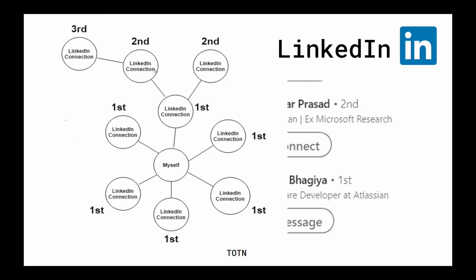And the connection to my second degree connection would be my third degree connection. You can also see it as how many lines come in between the connection and myself. Here we can see there's only one line between myself and the first degree connection. For a second degree connection, I have to jump from here to here and then from here to here. So these would be second degree connection. For a third degree connection, there will be 3 jumps: 1, 2 and 3.